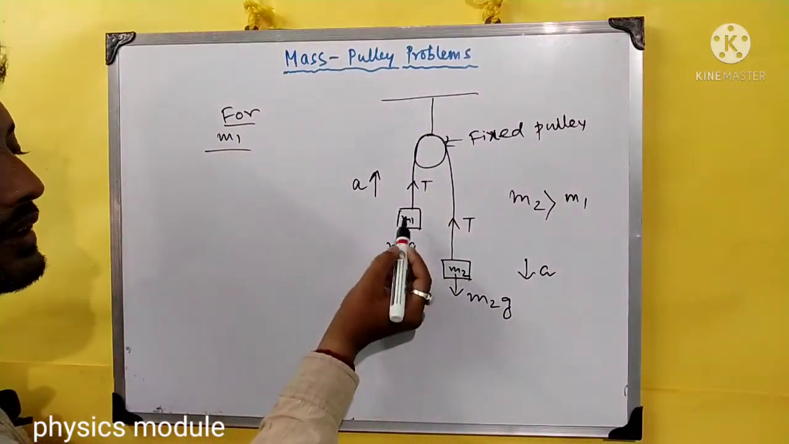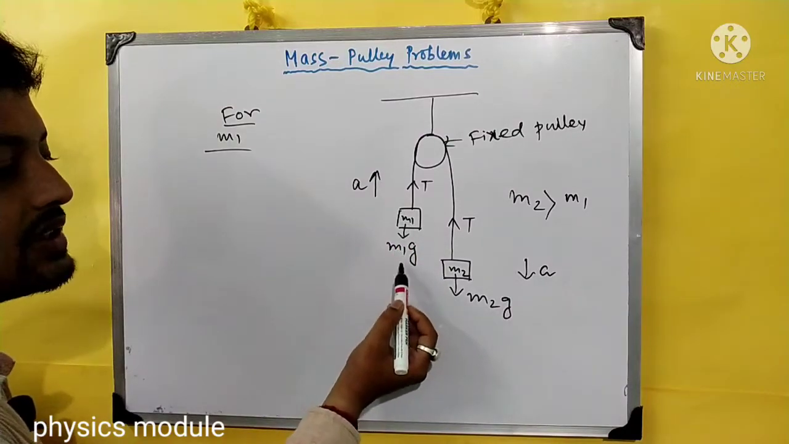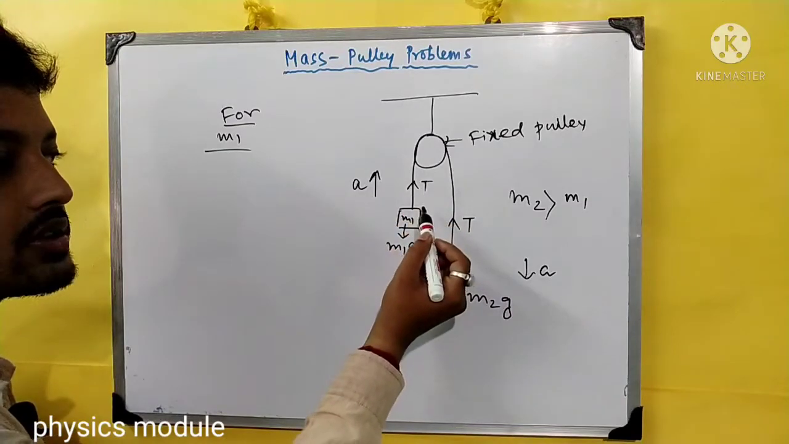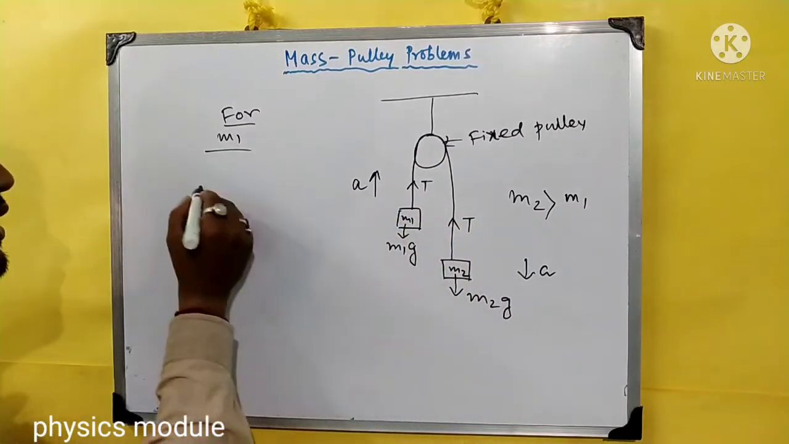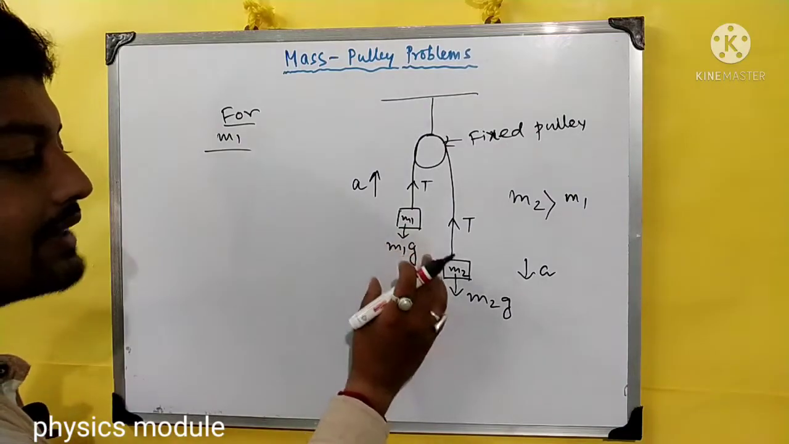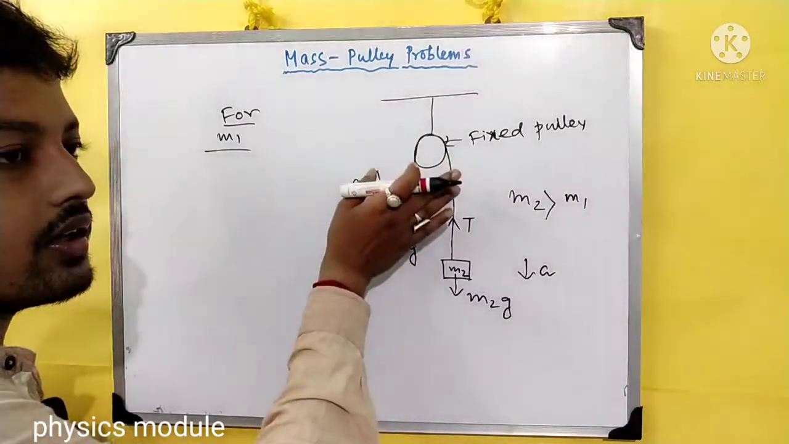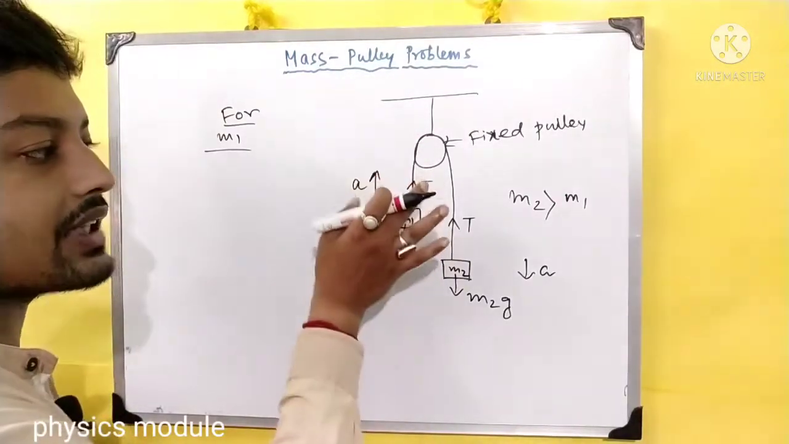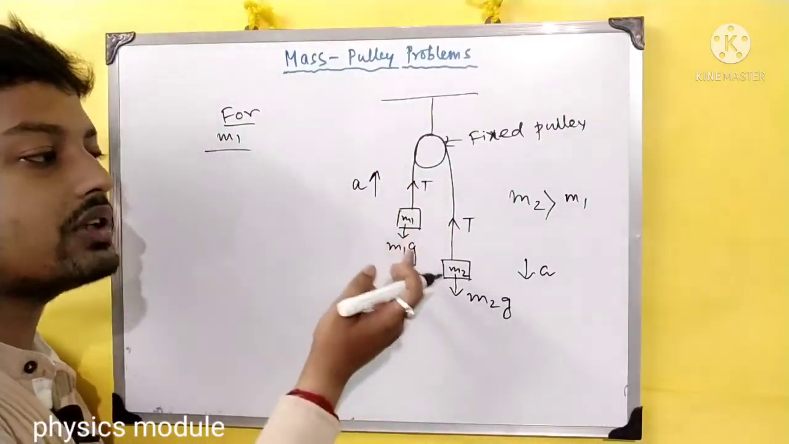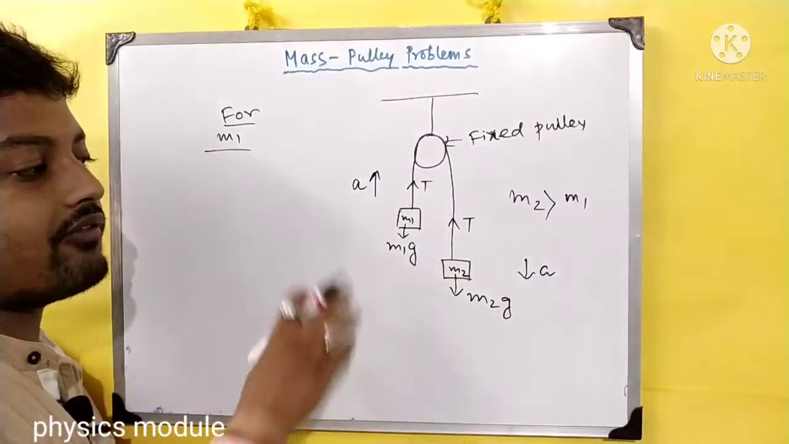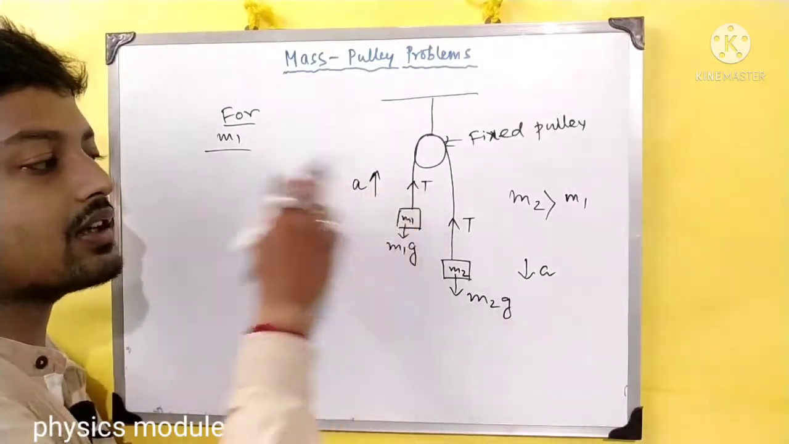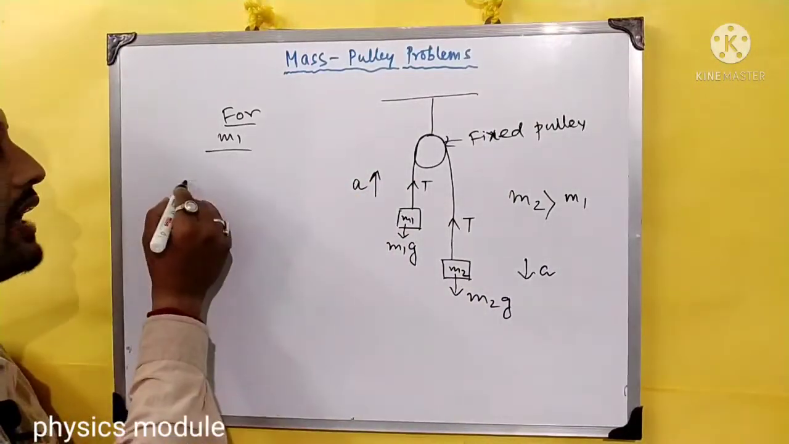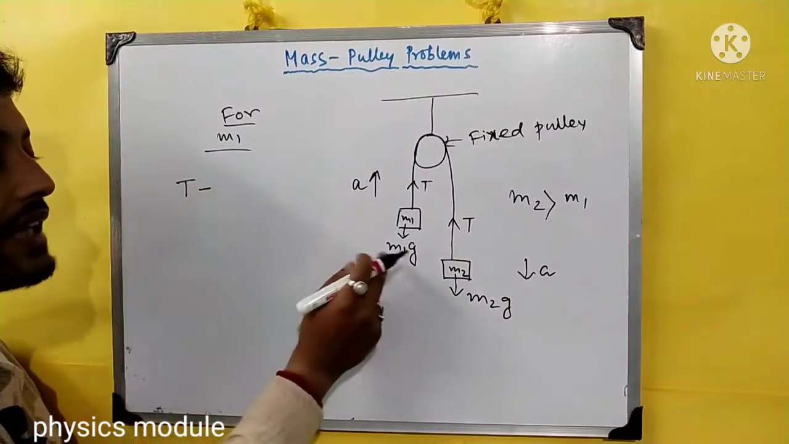What will be? See, m1 mass's weight m1g is going downwards, and tension T, this is also a kind of force. So we can write it that acceleration is going upward. That means this acceleration and tension have the same direction. If this happens, you have to take T as positive. If the acceleration of the mass and the tension of the string are in the same direction, you have to take the tension as positive. So you have to write T minus m1g,